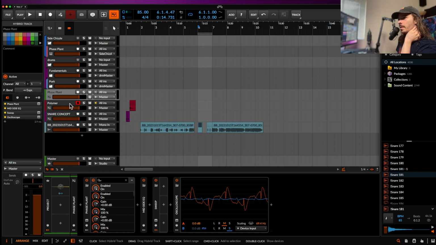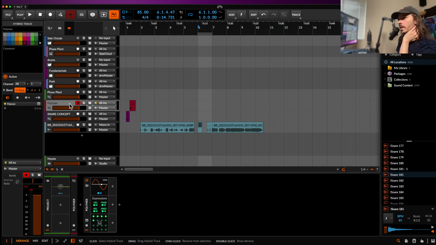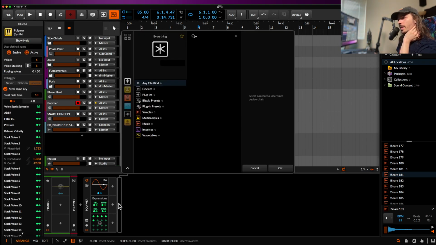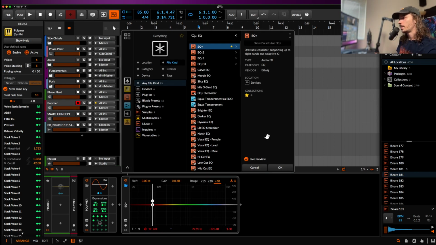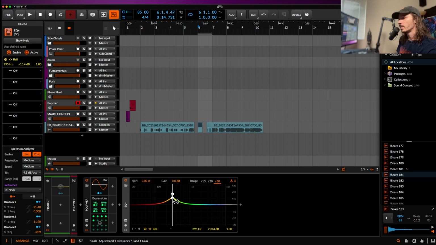That being said, I think that there's still some latency issues with the EQ Plus, which is a little bit of a bummer. I would love it also if they made the EQ Plus, instead of having to hold Option to control the resonance, like I have a trackpad, so it would be nice to just be able to use this with two fingers like I normally do. But aside from that, man, these are all just tiny things, and I'm making music in this every day. And these are just some wishful suggestions that we would love to see improved in future